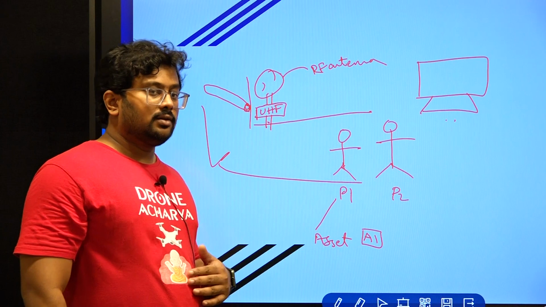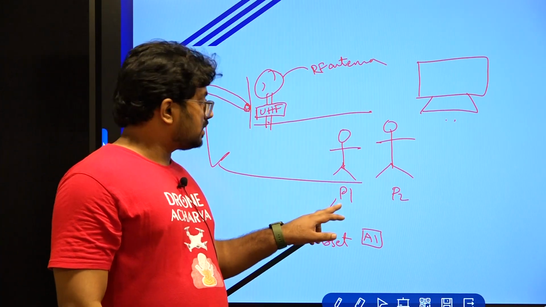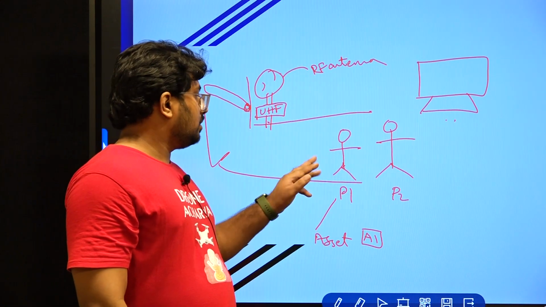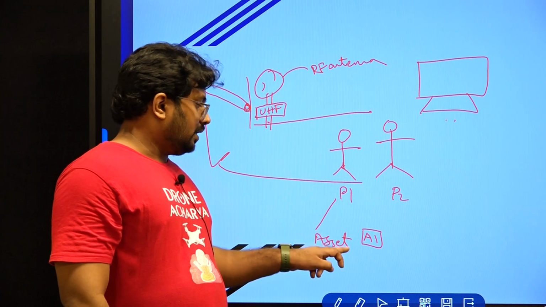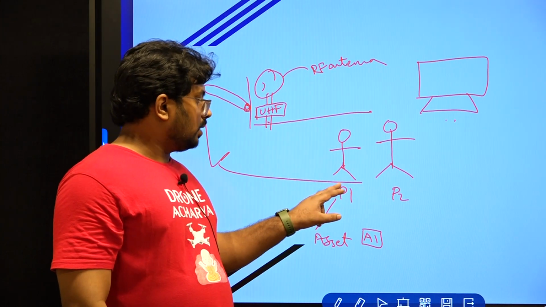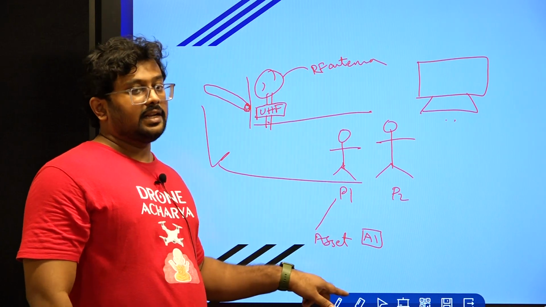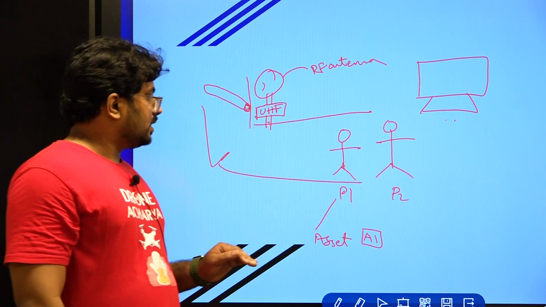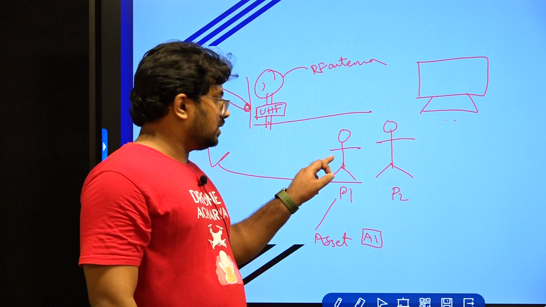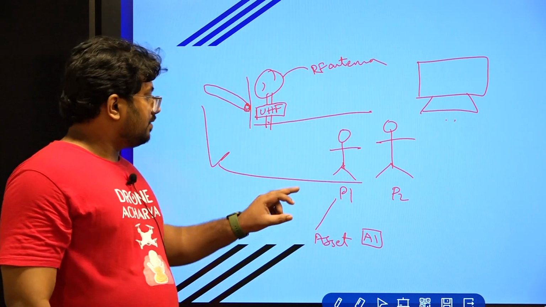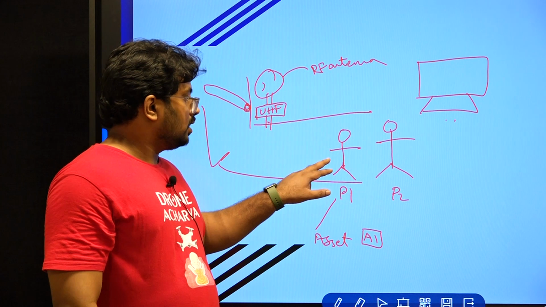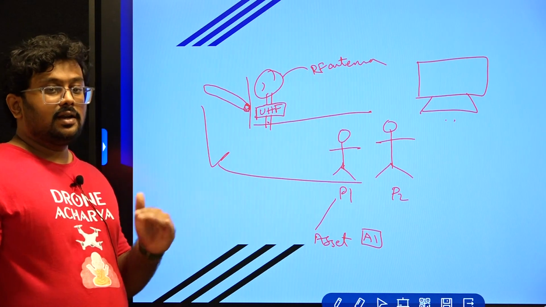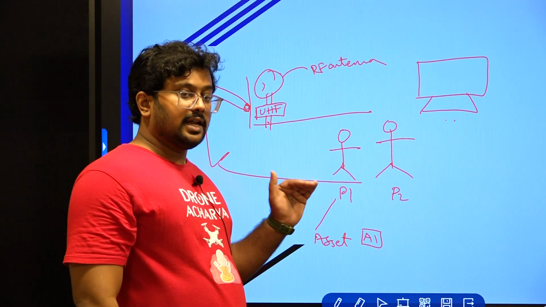as well as A1. So now we need to understand that the system we have to build is, we should be able to detect a person P1 and the asset A1, and calculate whether P1 is carrying the A1 or P2 is carrying the A1 asset along with him, based on the distance between this person and this asset. So whenever there is a close proximity between P1 and A1, then we say that person P1 is carrying an asset A1